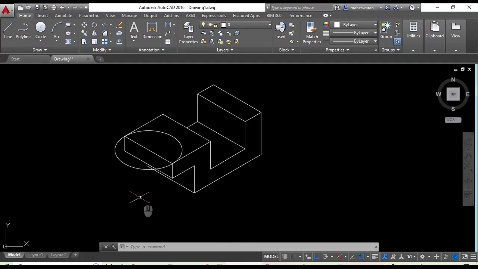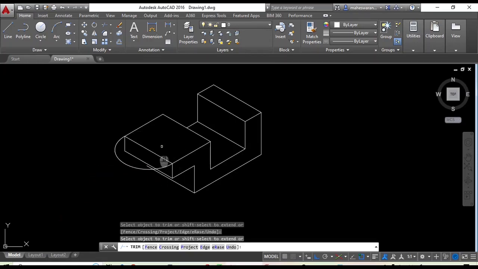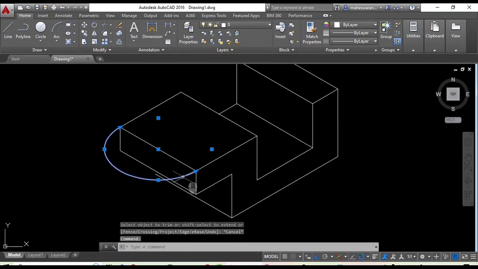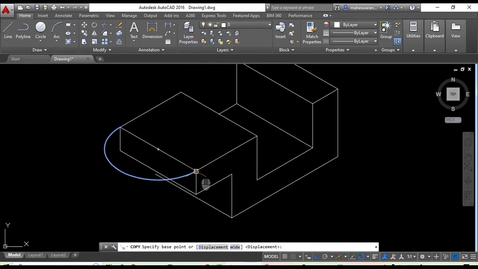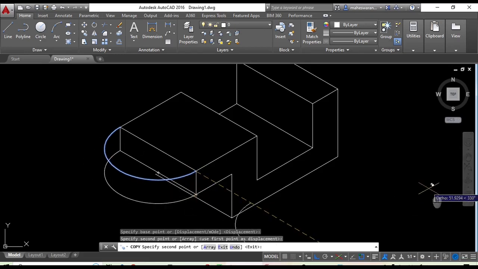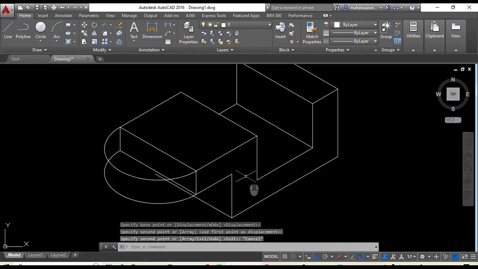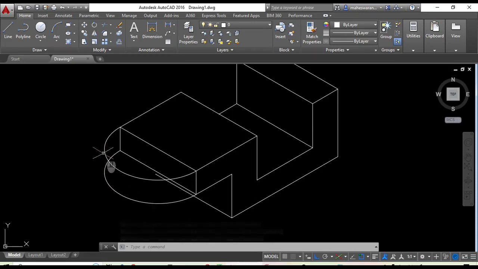Before that, to avoid confusion, I will trim whichever is not necessary. For the trim command, I will erase this one. Now let me select this, right click, copy selection. I will copy from this point, I will copy below. Now you can see something like a curve. To join this side, you have to enable